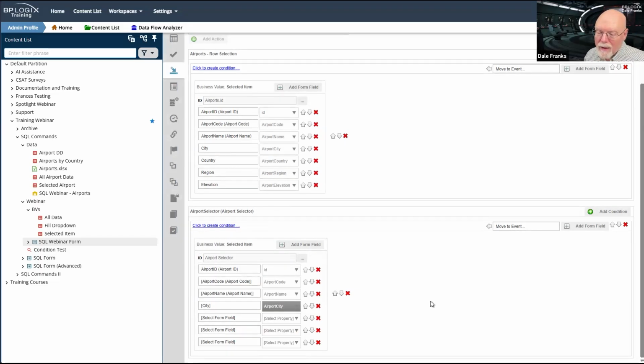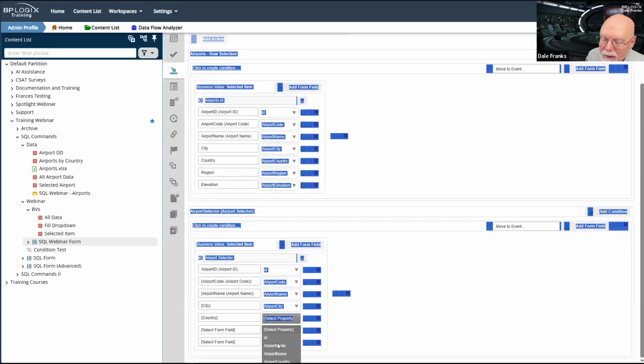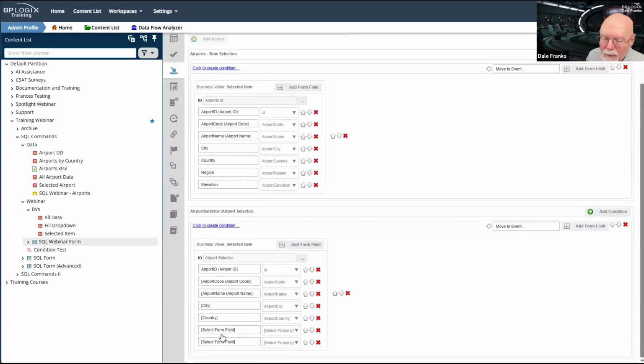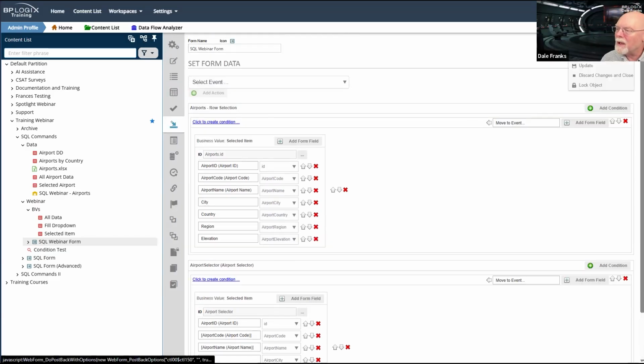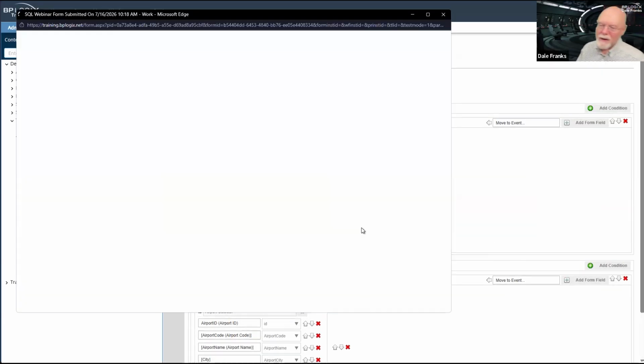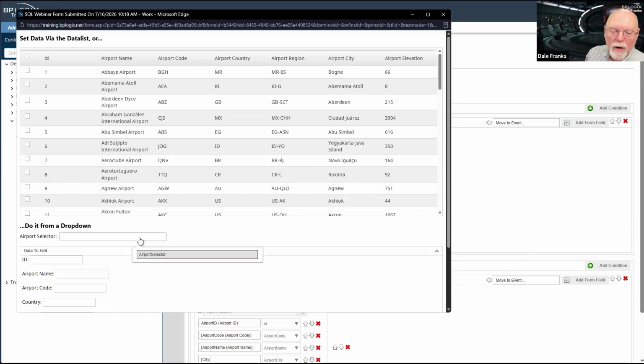All right, wish it would scroll down further. Country, airport country, elevation, airport elevation, and region. That was what I was missing, and airport region. And that should be good to go there. We will once again update and test our form.